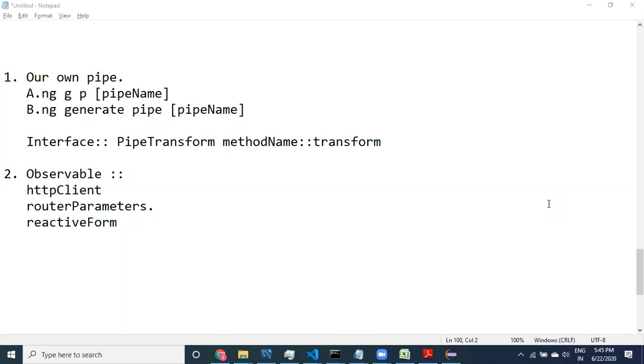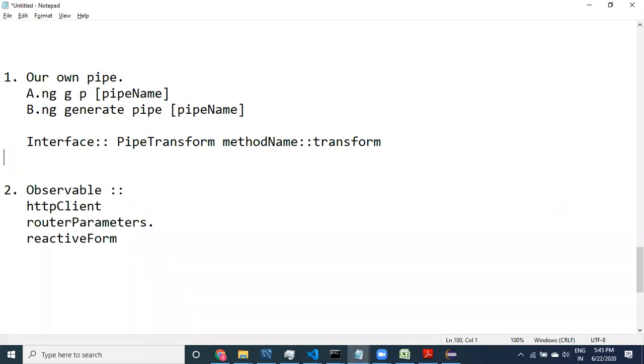The transform method contains what parameters? There are two arguments actually. One is value, which means whatever string you are applying the pipe to, that particular value is going to come to the first argument.